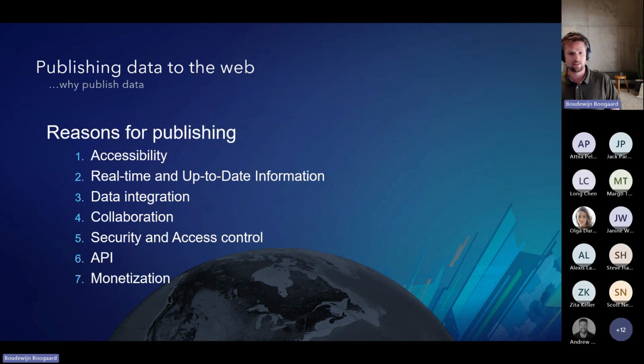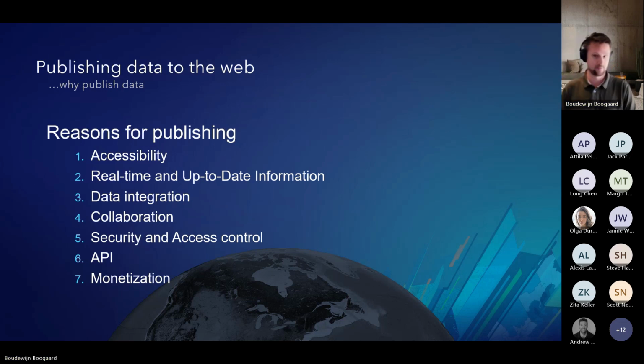And then the last one is what some organizations do as well, as in they monetize on the data that they have. They maybe spend time and resources on collecting data and analyzing data. And using services, you can monetize on that by selling it to other organizations that can use those services, all supported by that security and access control.